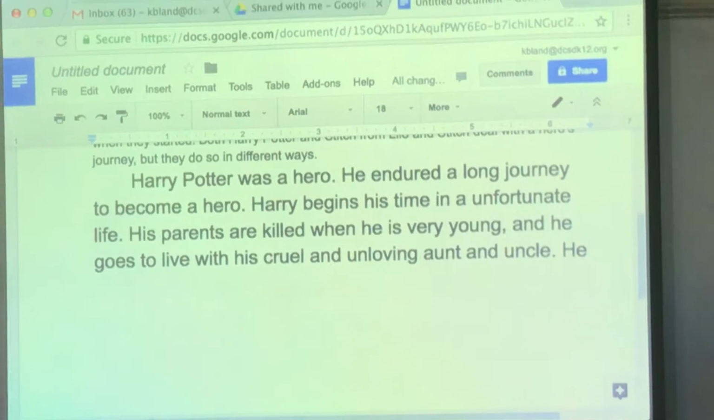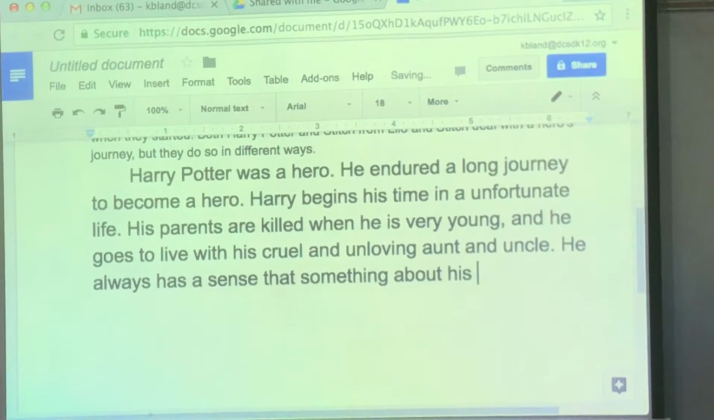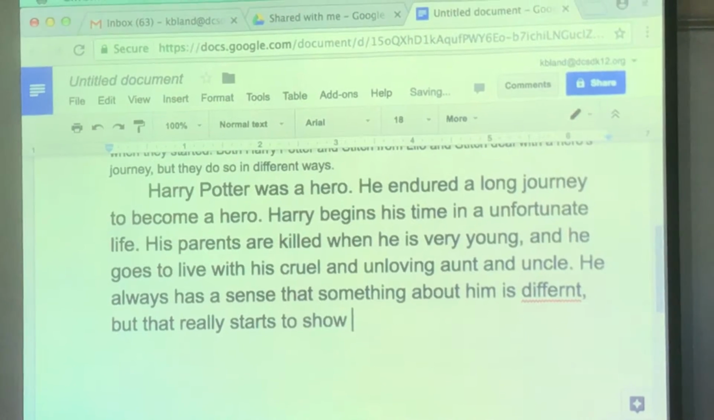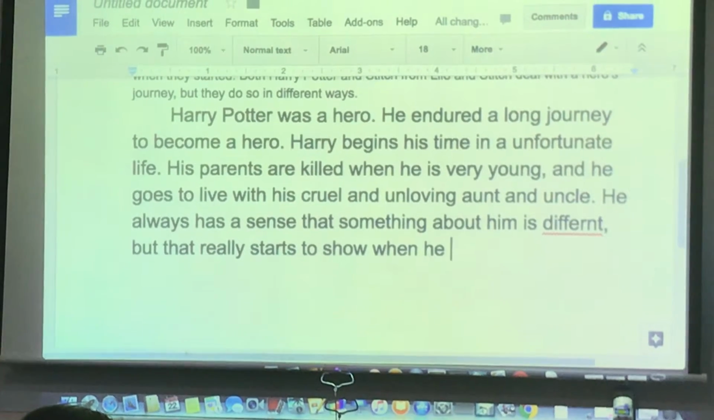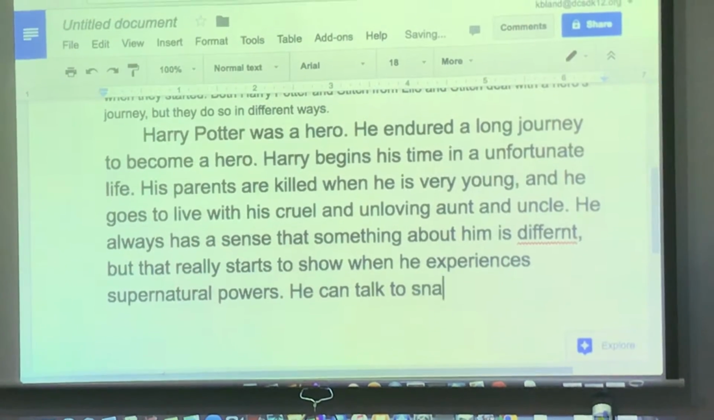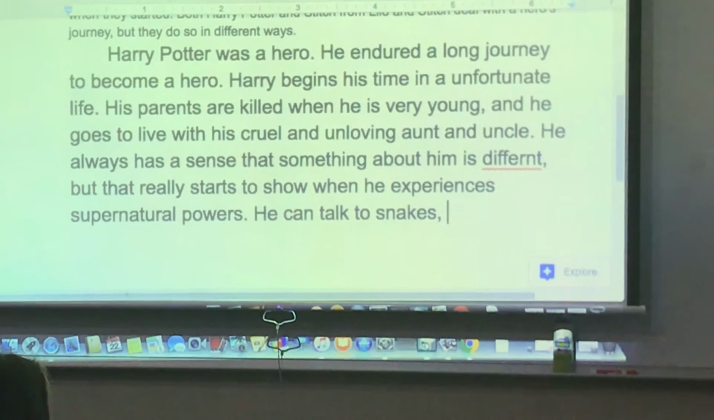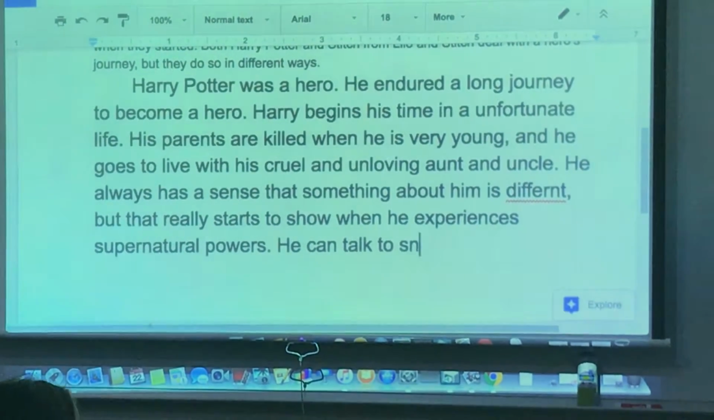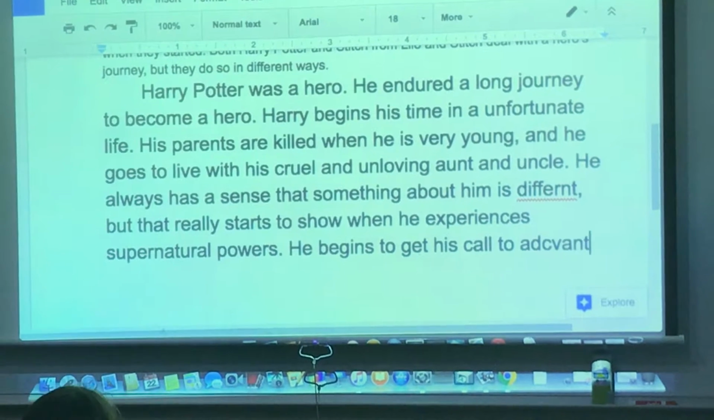He always has a sense that something about him is different, but that really starts to show when he experiences supernatural powers. He can talk to snakes. What else does he do? He knows Voldemort. Does he do mind control? No. He received a lot of letters. He begins to get his call to adventure when